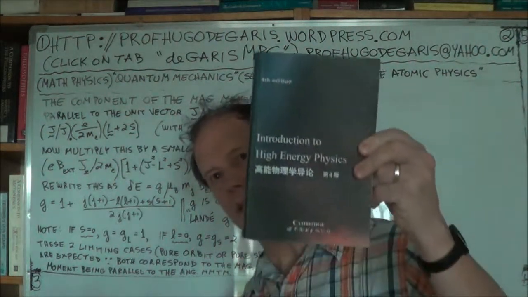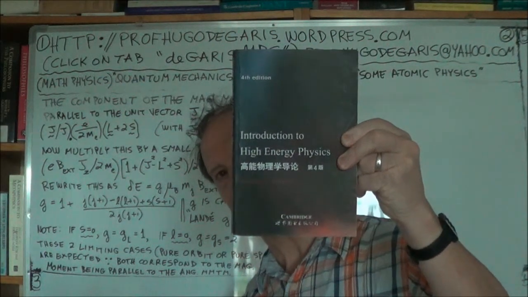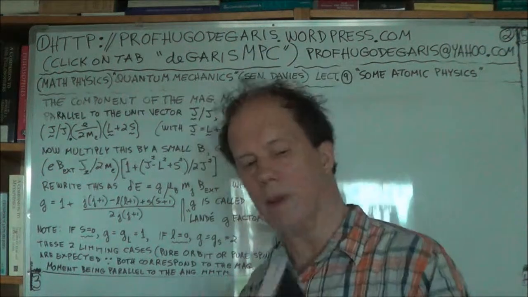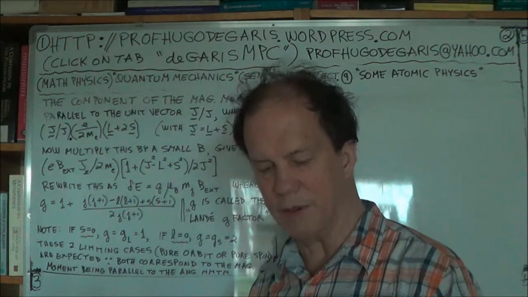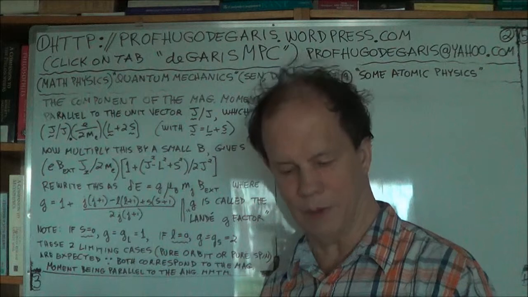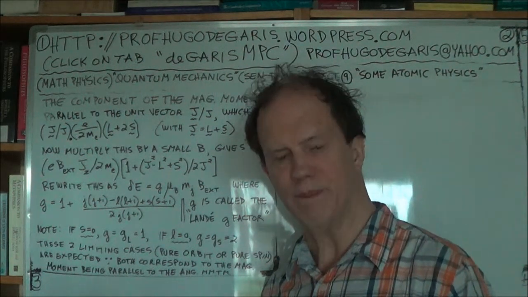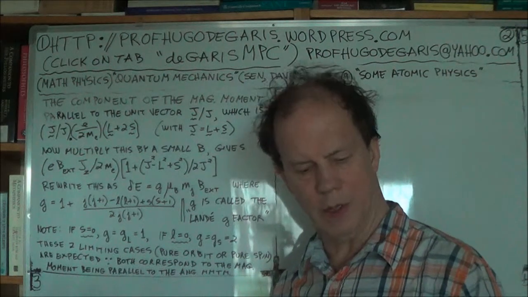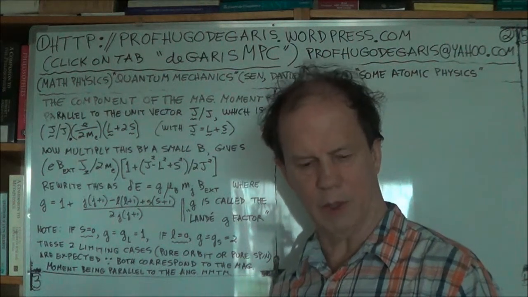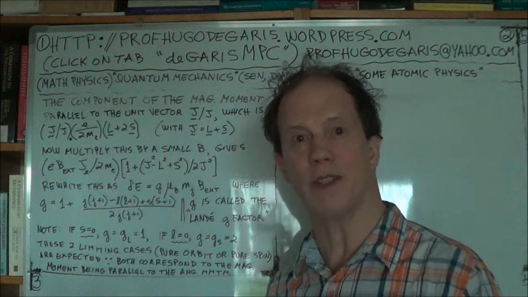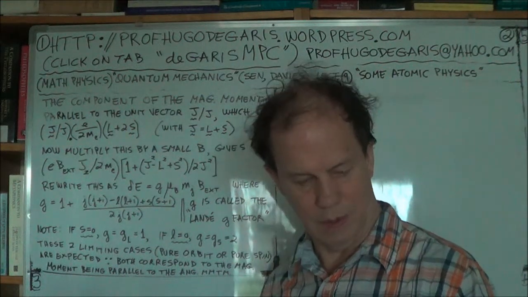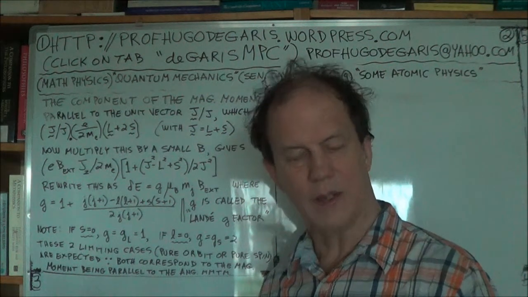So here's the first one. Okay. Called Introduction to High Energy Physics, which is just another label for particle physics. It's the 4th edition. And when a textbook, especially if it's published by a reputable publisher, this Cambridge University Press, CUP, and you can't get higher than that. And it's the 4th edition,